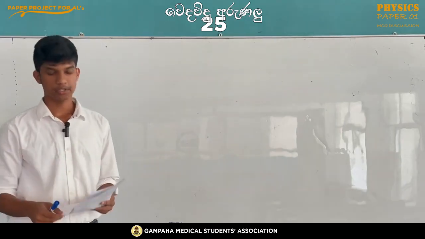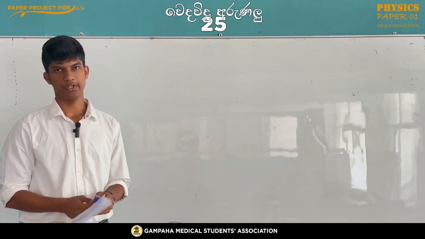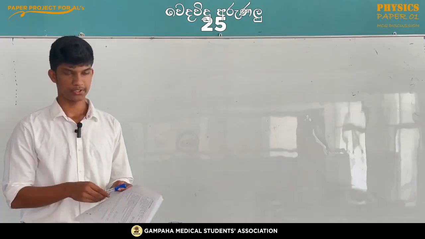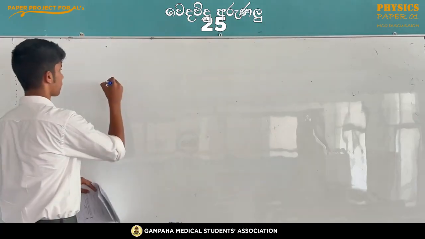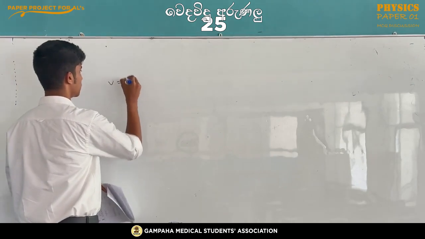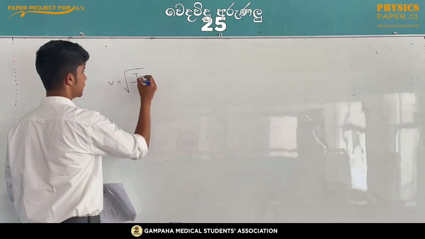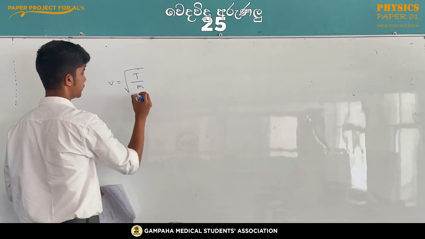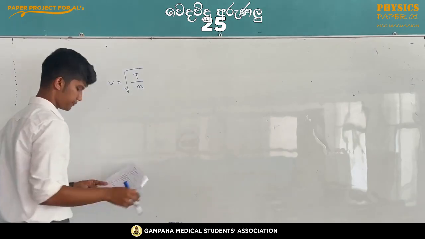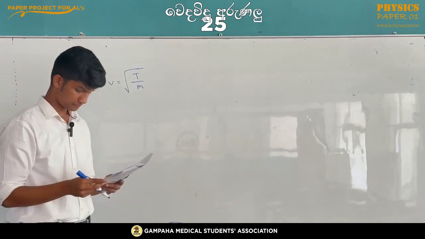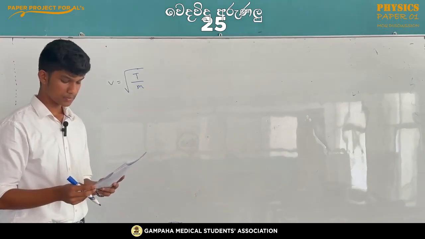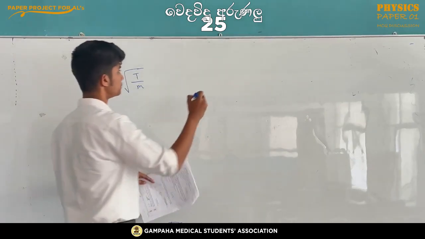So here you have to use the equation for the transverse wave velocity. The equation is V equals the square root of T over M. So then T here indicates tension in the string and M is the linear density. So then when considering Vx and Vy, x is the length,